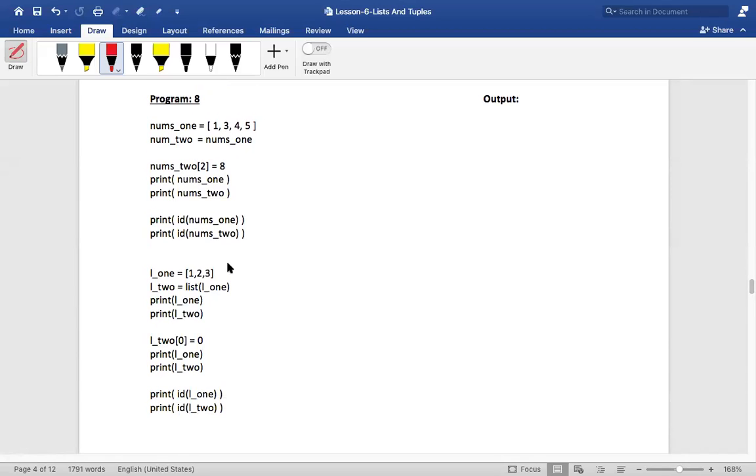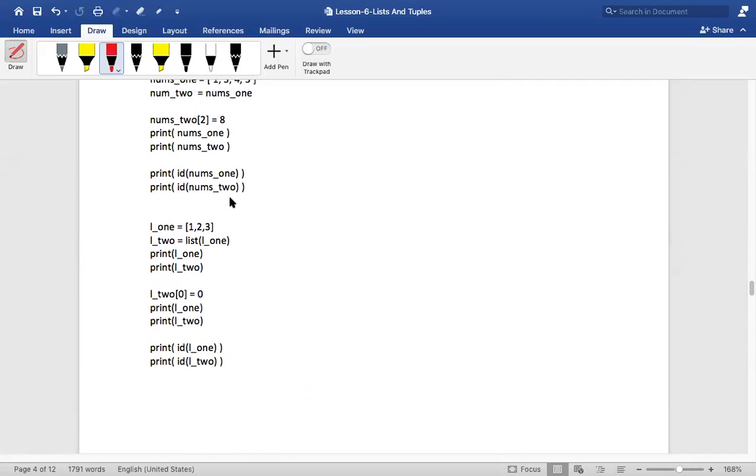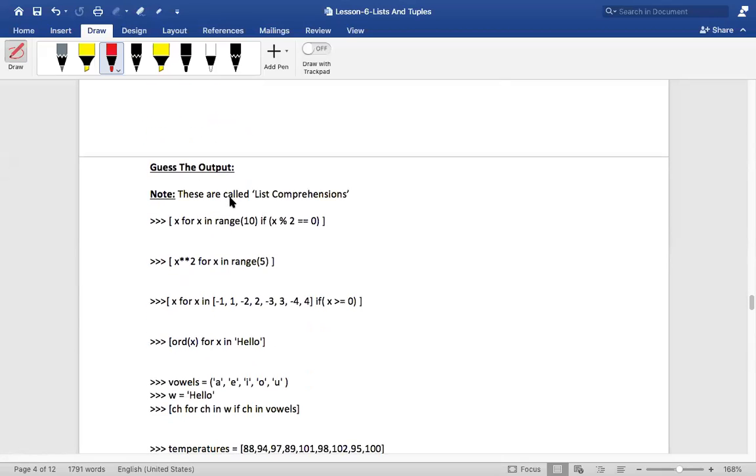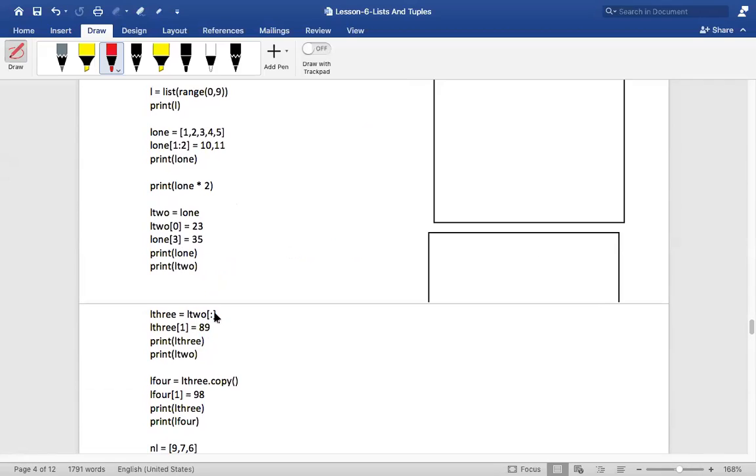So there's one more way to make a copy. There is a copy method, and using slicing also you can do it. I showed you slicing somewhere, you remember? Yeah, here. Did you see that? Using slicing also, you can make the same thing, right?